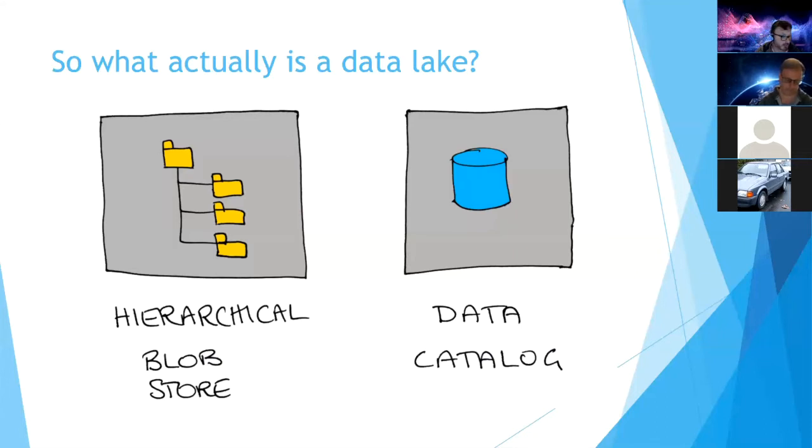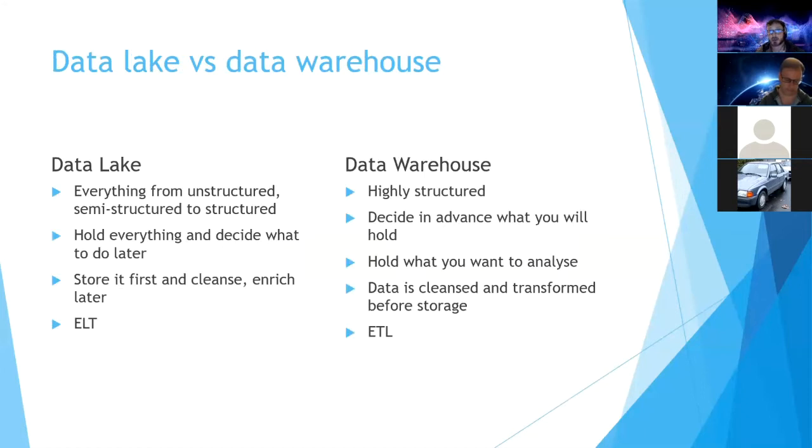Okay, another area that people often ask about is, what's the difference between a data lake and a data warehouse? Because both of them are often seen as being the roots of analytics. But one of the main differences is that a data warehouse is designed in advance. It's highly structured. Usually they have what they call the star schema, which is a central table that has the facts in it, the information you want to report on, and then it has the dimensions, which are how you slice and dice that information.